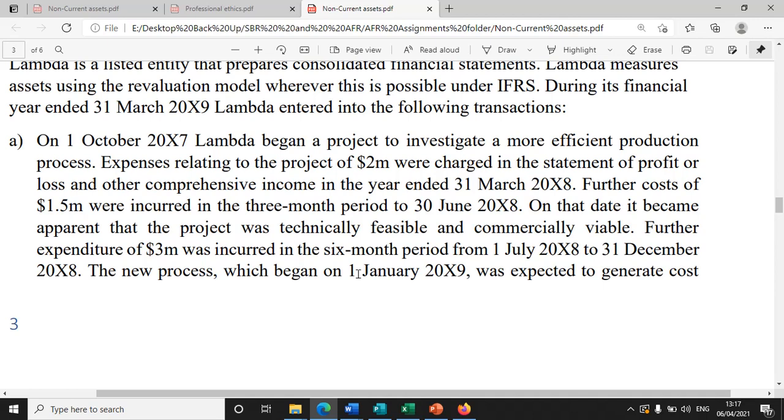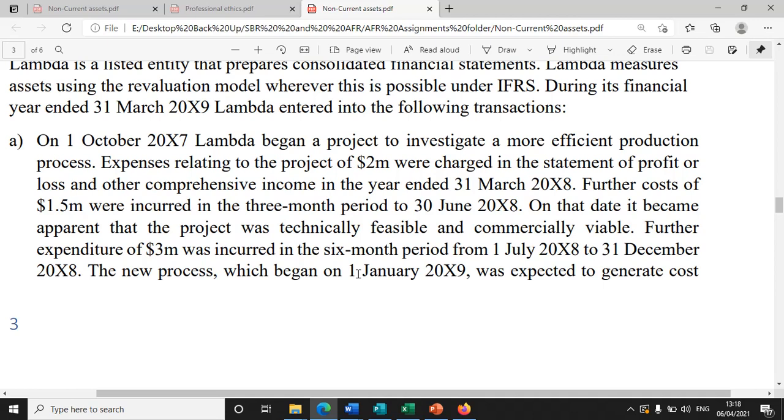Capitalization under Lambda should commence upon attaining commercial feasibility from 30th June onwards. Then you make another comment, you say the 3 million incurred from 1st July to 31st December X8 is capitalized. Capitalized amounts should be amortized over a 10-year period, giving a charge of